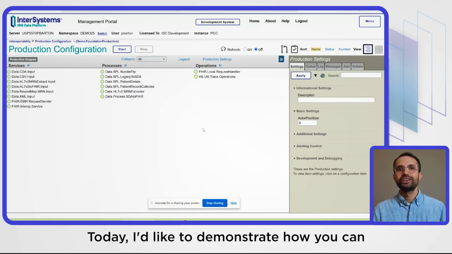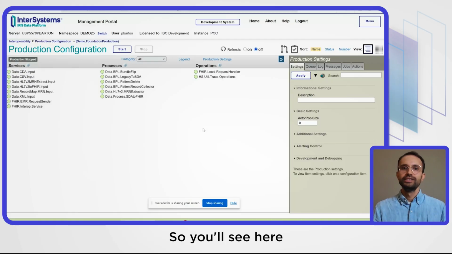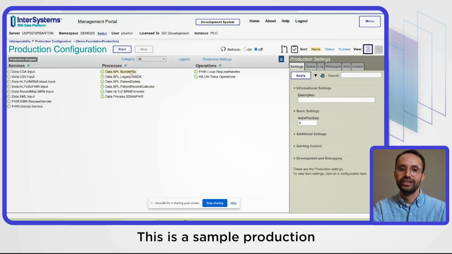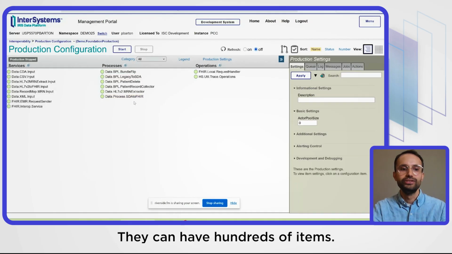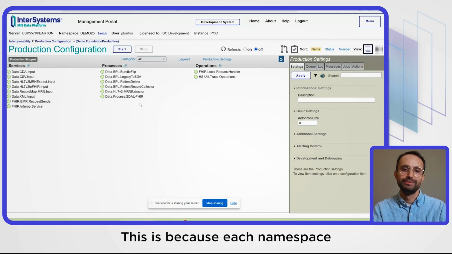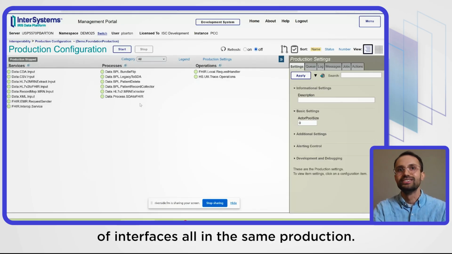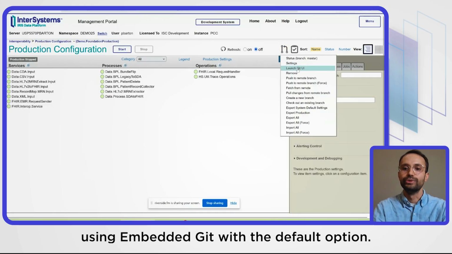Today I'd like to demonstrate how you can source control your interoperability productions in a decomposed format. So you'll see here, I have an interoperability production. This is a sample production that's pretty small, but your productions can get huge. They can have hundreds of items. This is because each namespace can only have one production, so it might have dozens or hundreds of interfaces, all in the same production. I'll show you how this is represented in source control using embedded Git with the default